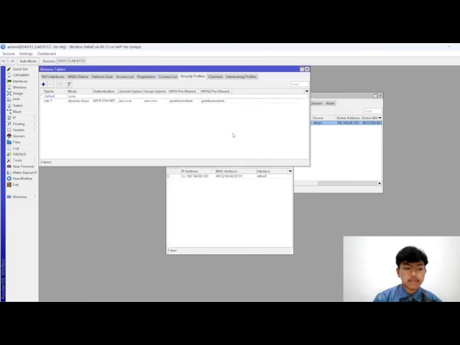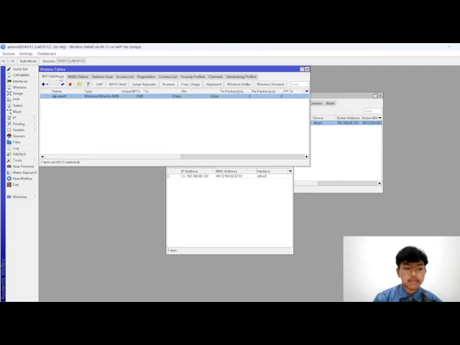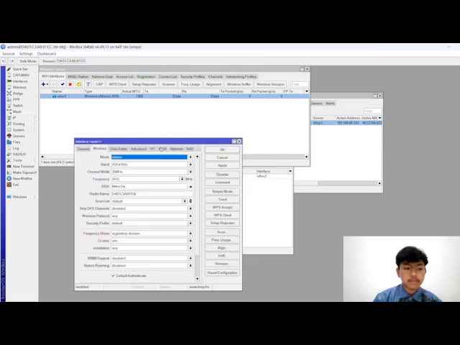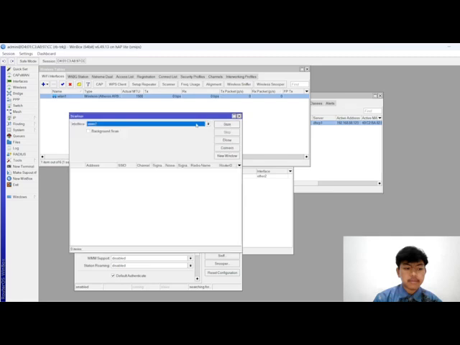Apply and okay. Then click the Wi-Fi interface again, wireless LAN, change the security profile to lab 7, then scan, wireless LAN and start.